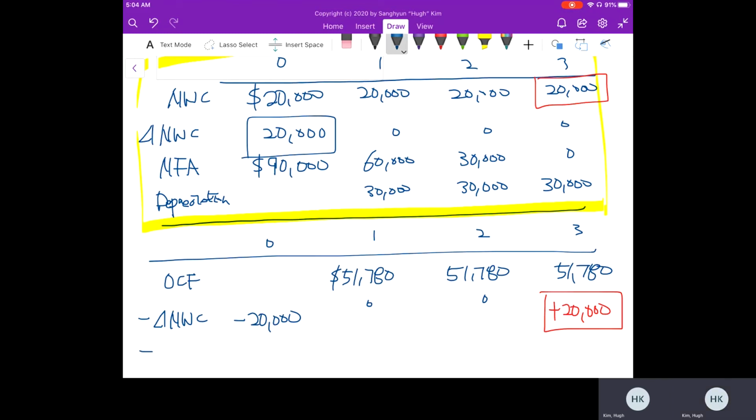And we subtract net capital spending, and we purchased the fixed asset worth $90,000. So that's our fixed asset investment. And then we have no further investments in fixed assets. And at the end of the project,